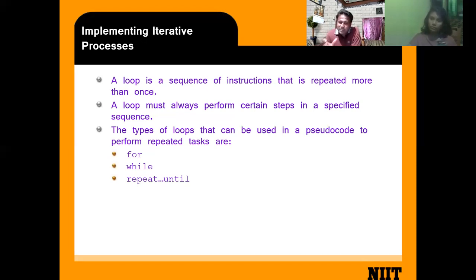But fixed timing is what? You know that Monday to Saturday, your school timing is this, and you have to continue this work. Looping is like that. That is called a fixed loop. Variable loop means where the number of repetitions is not known. You don't know in advance how many times the repetition is going on. That is called a variable loop.